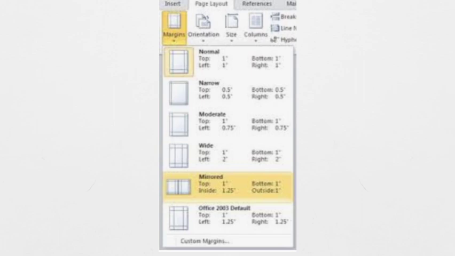You will see your page margin will be changed as per your choice. In that list the margin numbers are also given, what type of margin it is, 2.5, 1.5, 3.5 or whatever. You can choose as per your choice and it will be applied to your document.